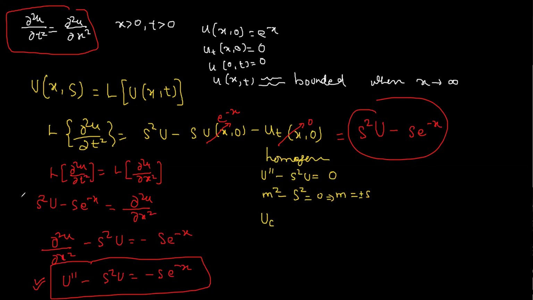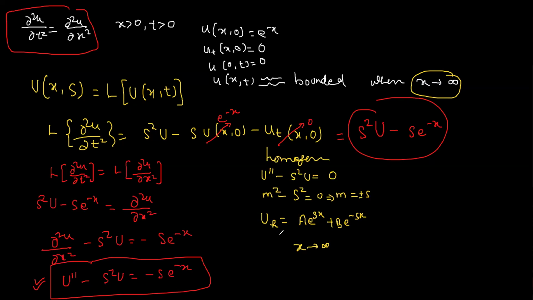So the homogeneous solution U h is what? A e raised to sx plus B e raised to minus sx. A and B are constants. Okay. We will find the constants after this. But here, when x is equal to infinity,